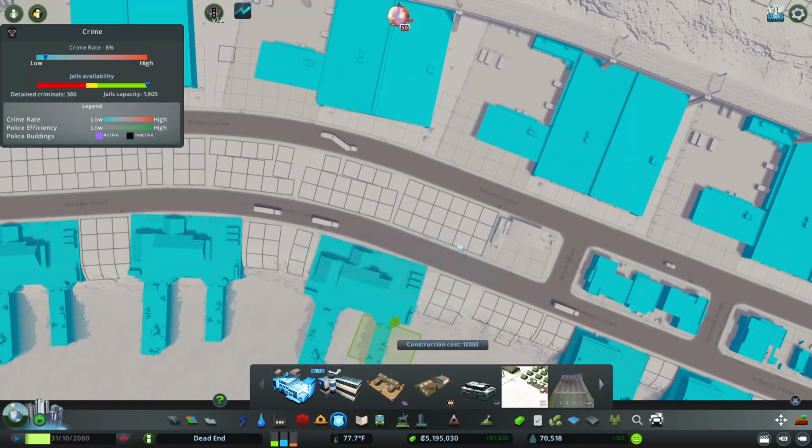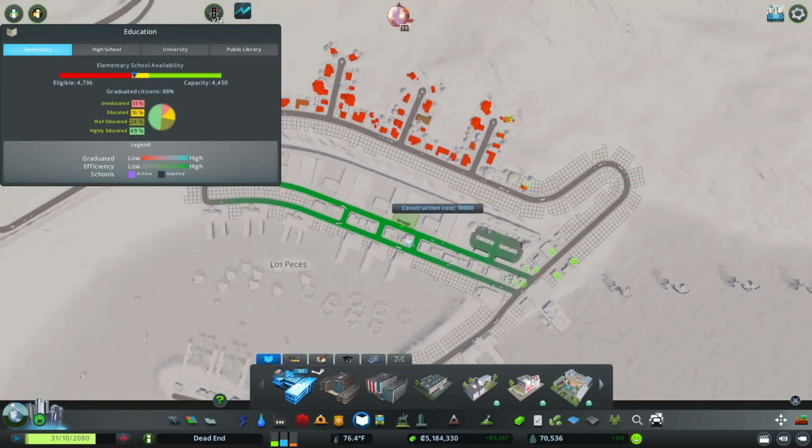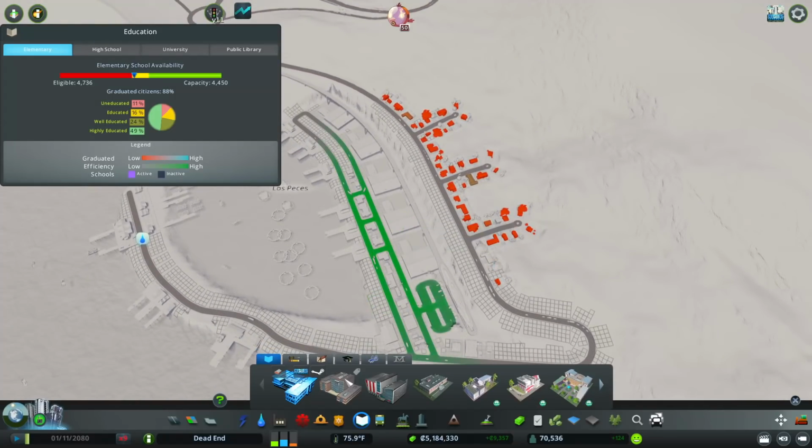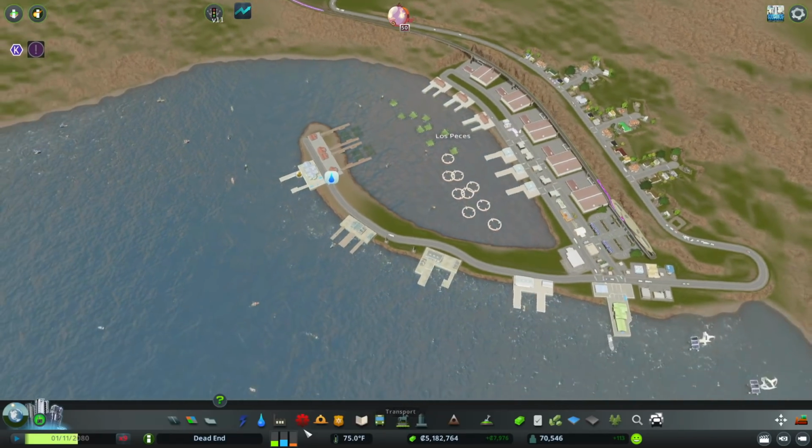Can I do the same with the police station? Yes. A little bit of a school. School's a bit too big. Now, I won't do any schooling. I don't want to educate them too much, because they'll leave us for brighter